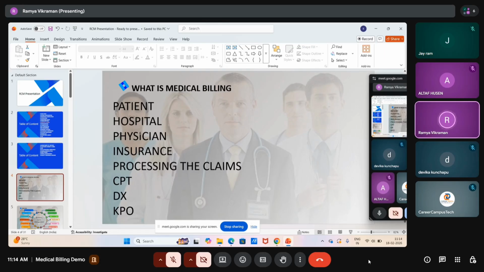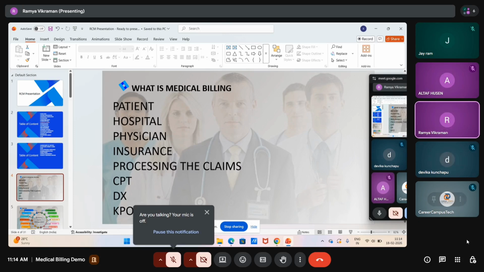Okay, CPT, in the sense, is Current Procedural Terminology. If we go for a fever, the doctor will give you an antibiotic, a paracetamol, and an IP injection, and the prescription will be given to the pharmacy, which will provide it. So how will the claims be generated to the insurance? There are two types of codes provided by the medical coders, and you know that in the RCM process, medical coding is also involved.